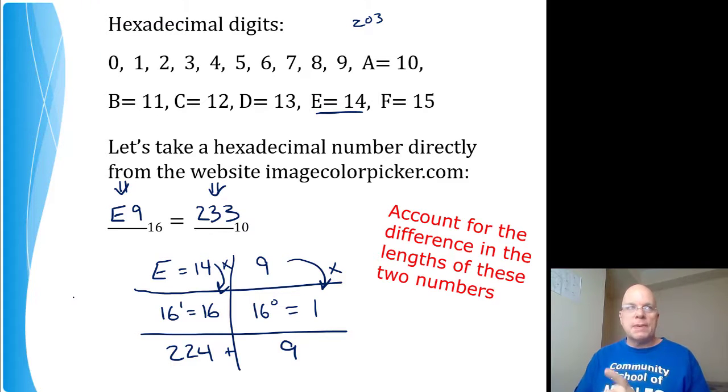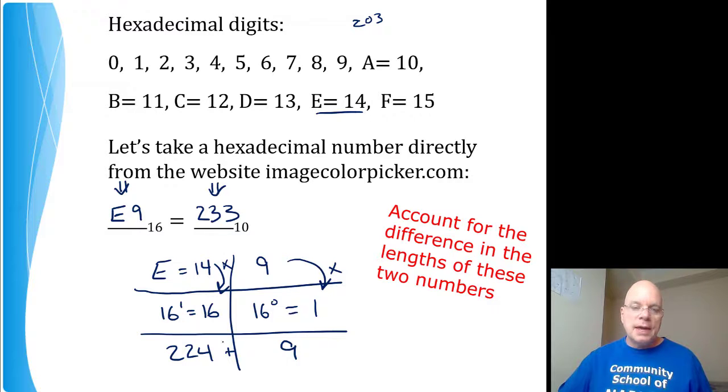Hexadecimal is not used because it's better than dozenal. It's used for a different reason. It's more compact than dozenal, but now you've got an A, B, C, D, E, and F mixed in with all your 0s through 9s. So you don't want to go too crazy with the base number system and have too many symbols, but it is nice to have your numbers compact, and that's why we can represent 233 in base 10 with only two